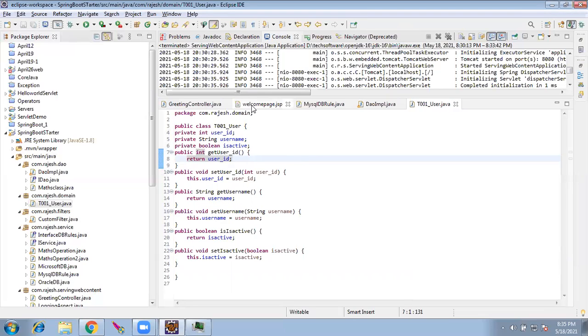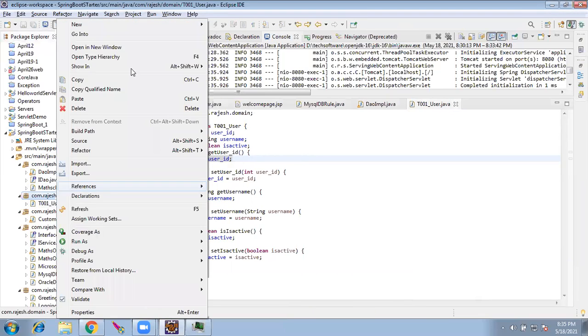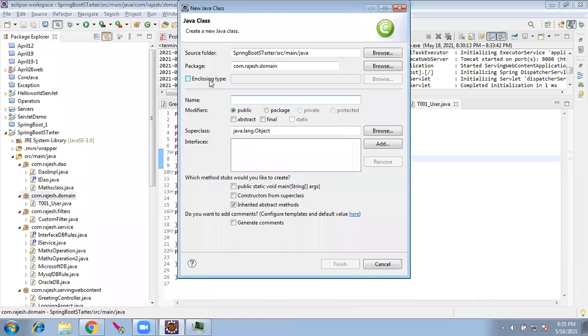Okay, this is straightforward. We will create one more class as T002 address. Just watch it very carefully, because after this there is a trick coming up.